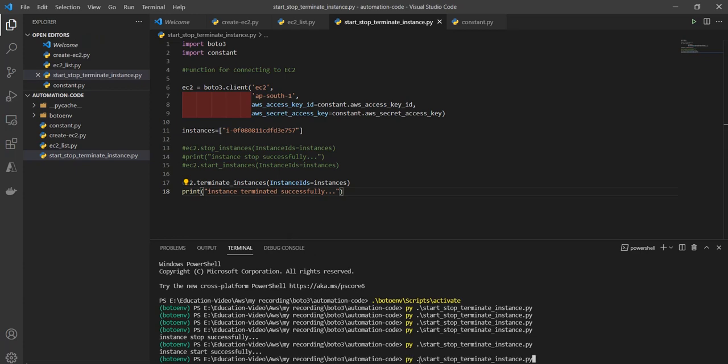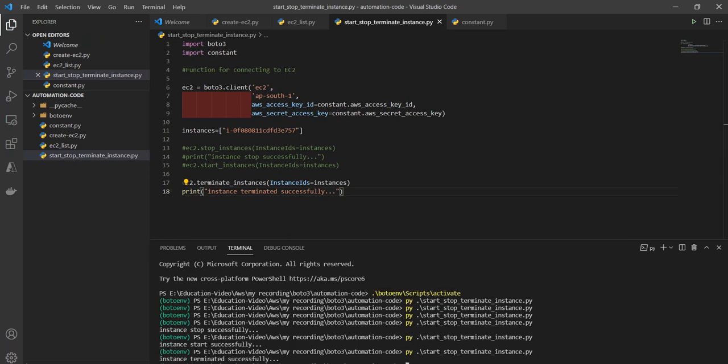Now we'll run again and see, we get the output: instance terminated successfully.